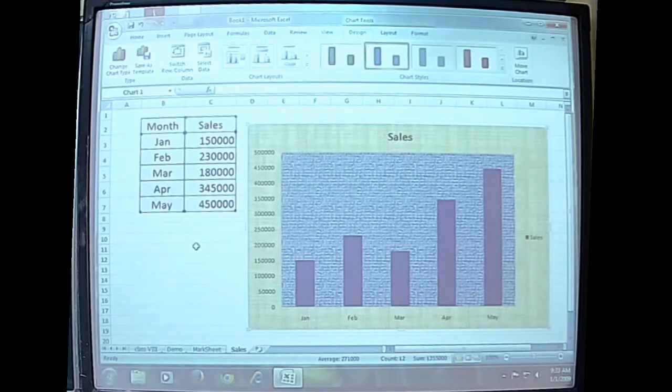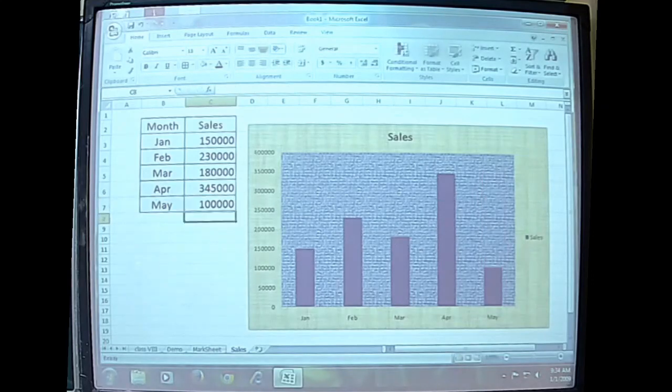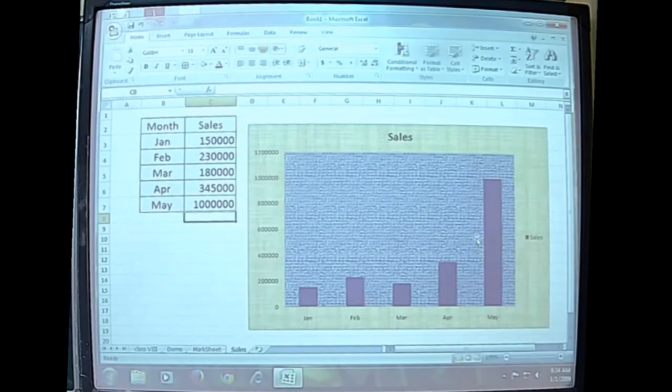Got it? This is how a chart can be created and it can be formatted as per our choice. Now see the difference in how this chart changes. Suppose the value in this chart is changed. See the difference. As soon as you press the enter key, the effect is also found in the chart. And if you just add a 0 again and again, the result changes. The chart can be changed as per our requirement. Alright, that's how a chart can be created according to our choice.